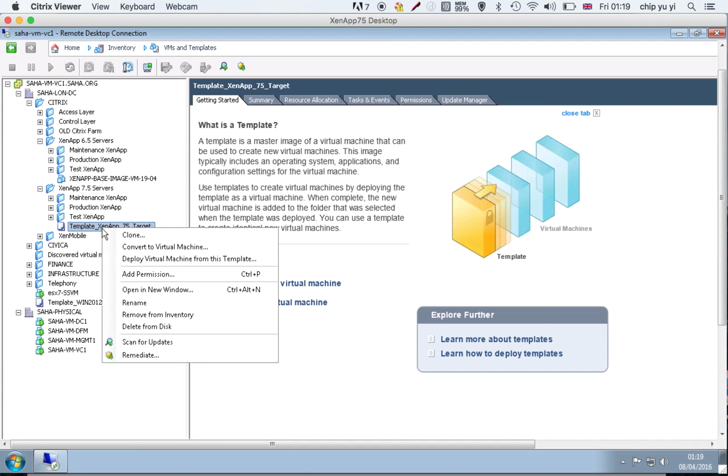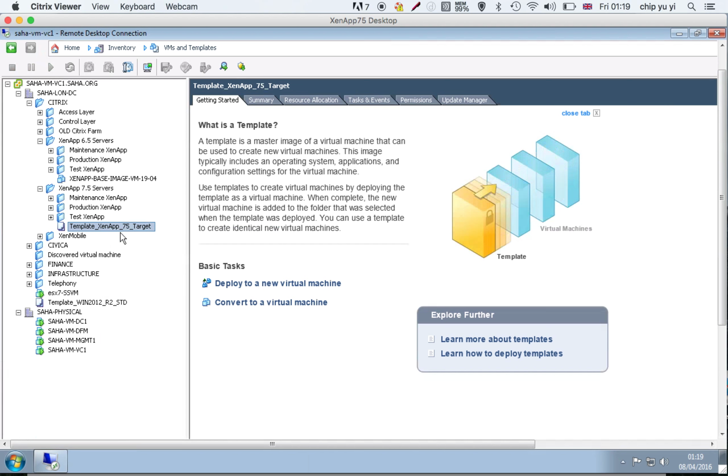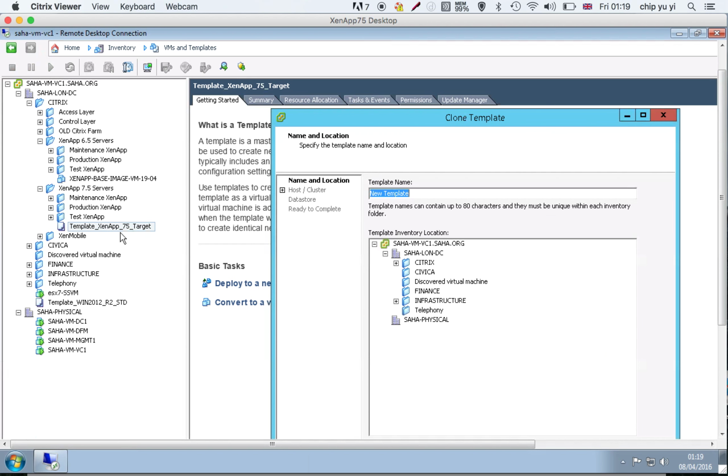For example, if you go to clone these templates, right, by right-click, then it's actually going to create a new template, but don't worry about that right now. We just give it a name. Okay, for example, we're going to create a test server, so we name it saha-vm-xpp. Well,